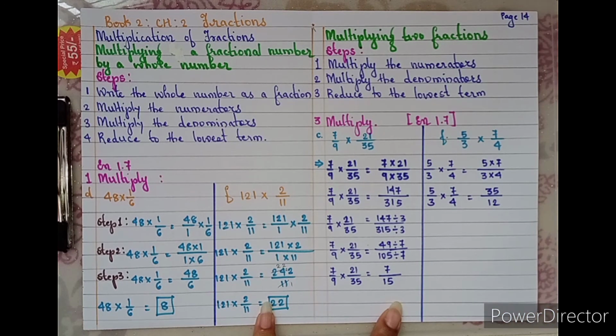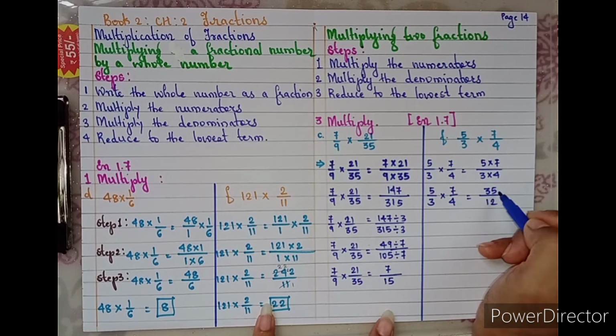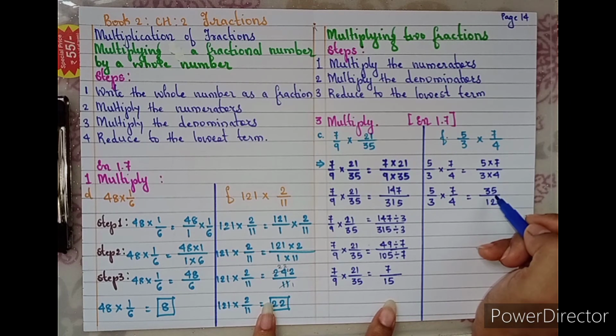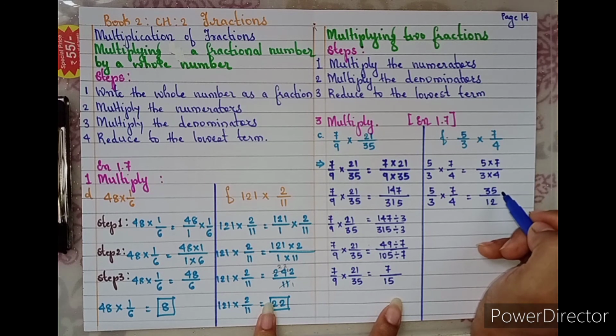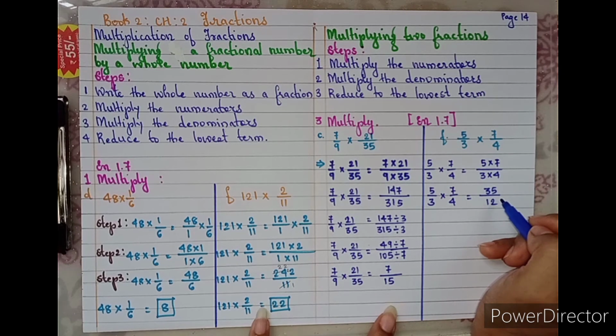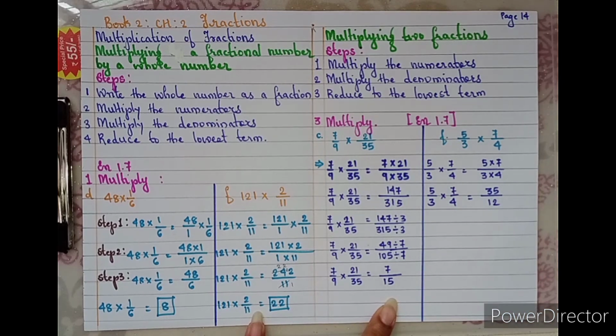Now let's check whether these are divisible by any number. It is not divisible by 2. This fraction is also not divisible by 3, because 5 plus 3 is 8, and 2 plus 1 is 3, which is divisible, but this one is not divisible. So when the numbers are not further divisible, then we can convert them into the mixed term or mixed number.